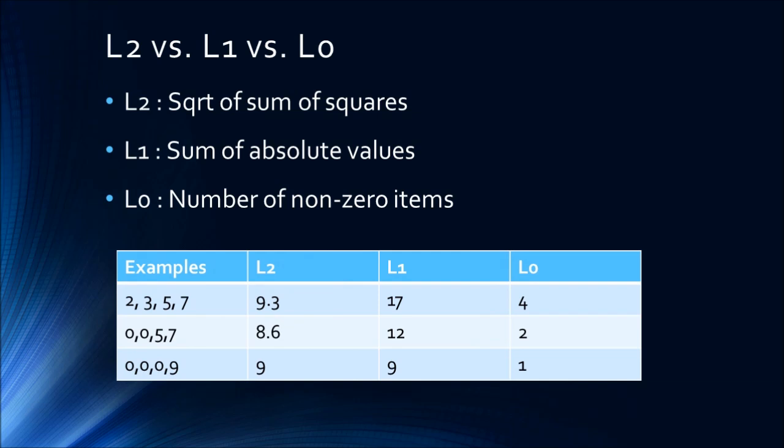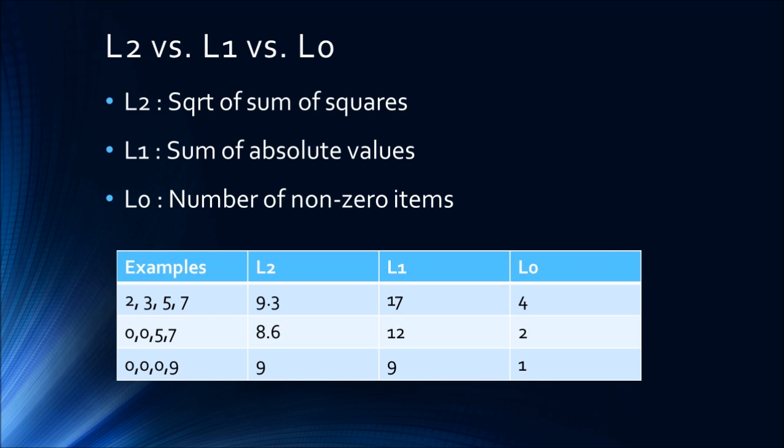To move to the next step, to get the next best results, we have to understand that there are other kinds of norms we can work with. We've worked with the squared norm, the Euclidean distance, the square root of x squared plus y squared plus z squared. There's the L1 norm, which is the sum of the absolute values. And then we have the L0 norm, which is simply the number of non-zero items. In truth, L0 is the definition of sparse.